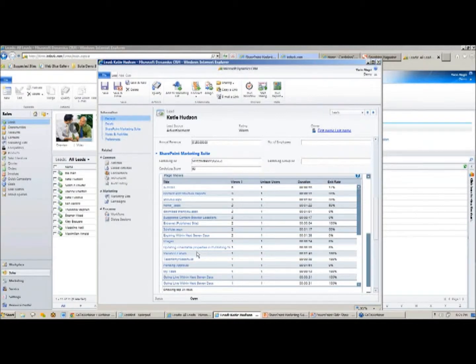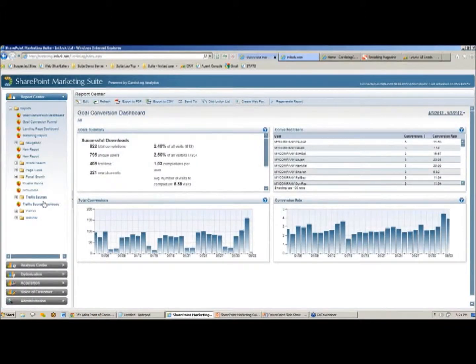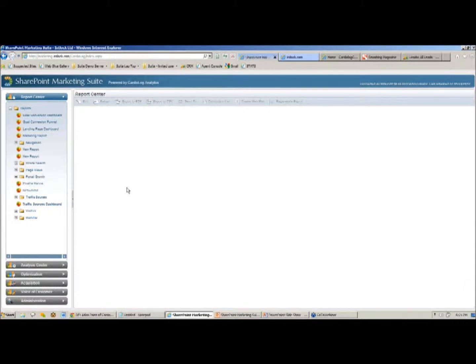The first is the Cardiolog score. So what we can do with the SharePoint Marketing Suite is actually assign a value to different actions on your SharePoint website. For example, viewing a specific page might be a point, downloading a white paper might be 10 points, and buying a product might be 40 points. And then what we can do is actually assign an aggregated score to each one of your leads so that